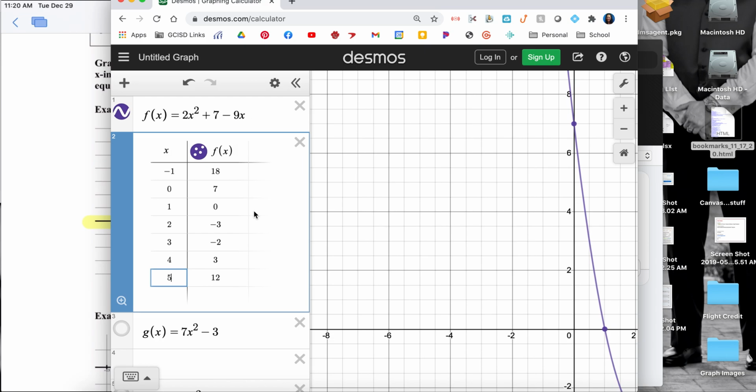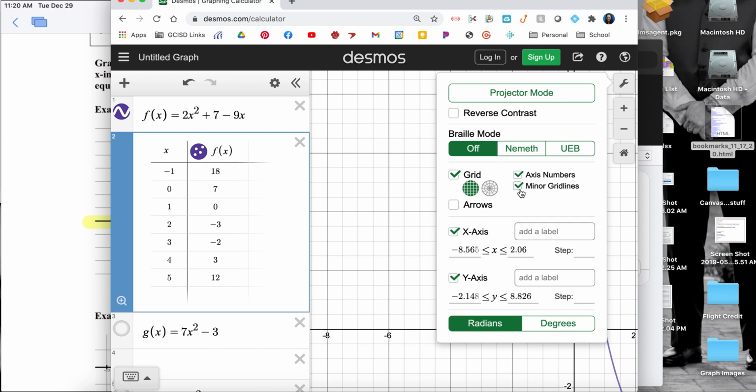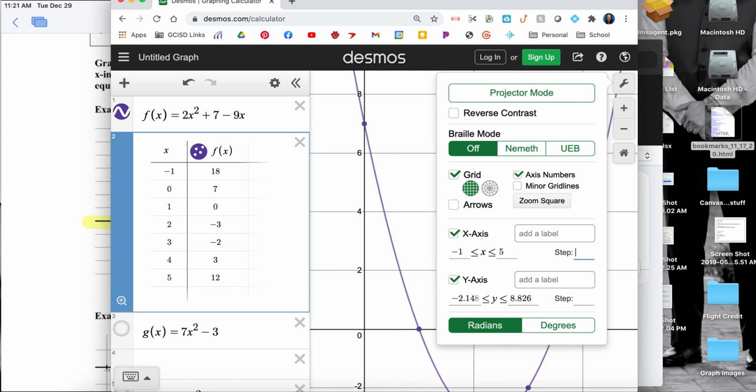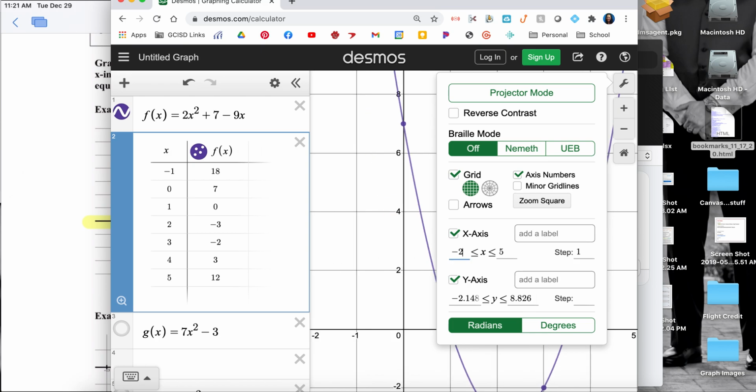Okay? Another way you can use this to help you is to come up here to the wrench and set the calculator screen to match what's on your paper. So if I go to my settings, I can turn off those little minor grid lines. That way it doesn't have the mini lines. I can tell my x's to only go from -1 up to 5, and I want it to count by ones. And actually you could go from -2 to 6 because you can kind of see that far on your